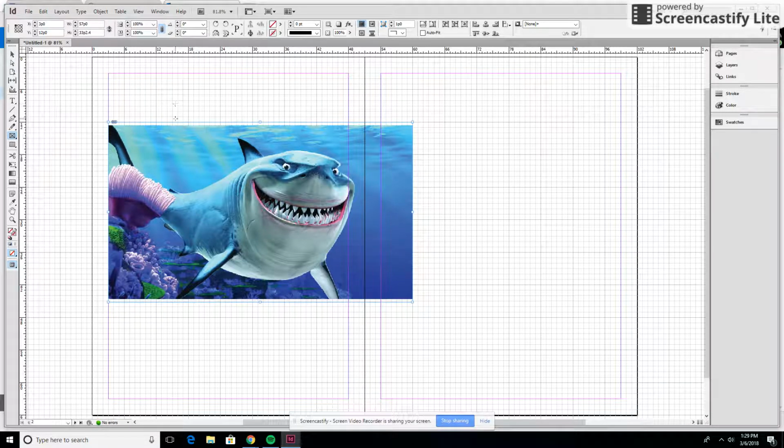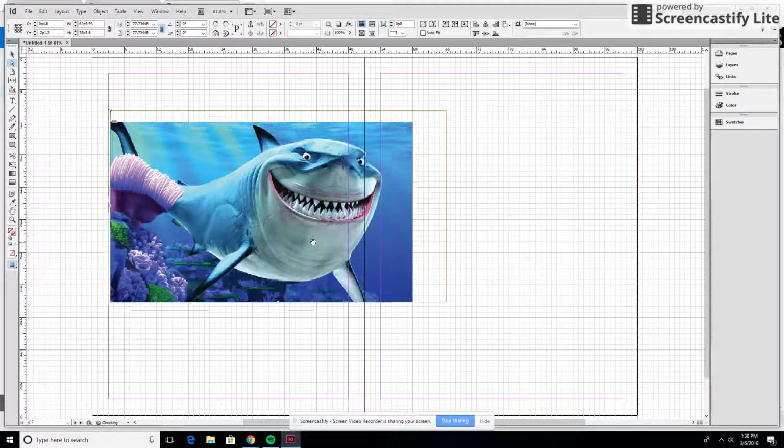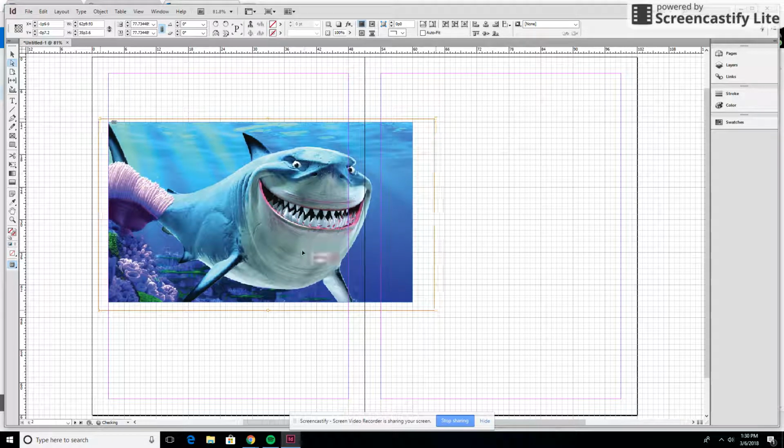The problem with this though is you can see there's still space between my frame and my image, and that's bad. You don't want that in life. So I'm going to use my white arrow or my direct select tool, click on the center of my image, and you're going to see that it's going to turn orange on the outsides. Now this is so important. When you go to resize that image within your frame, you need to make sure to hold down Shift. And then with Shift held down, you can click and drag the arrow and move good old Bruce here around within your